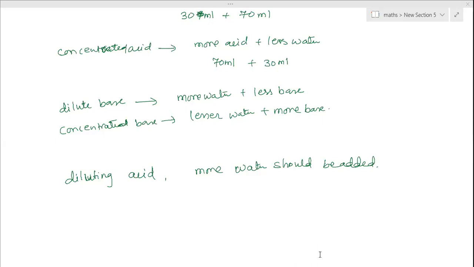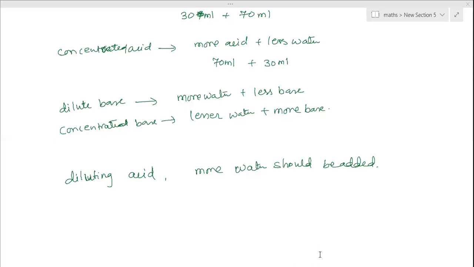Because this mixing of acids and water, or base and water, is a highly exothermic reaction. These are very highly exothermic reactions. So in that reaction, if more heat is produced, the container in which the dilution is going on, a glass container, may break. That can cause a problem to the person nearby, because acids and bases are highly corrosive in nature. They can easily corrode our skin. Very easily, they can completely digest the finger. The full hand also can be completely damaged.